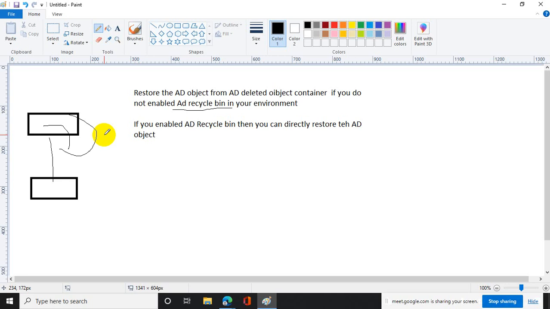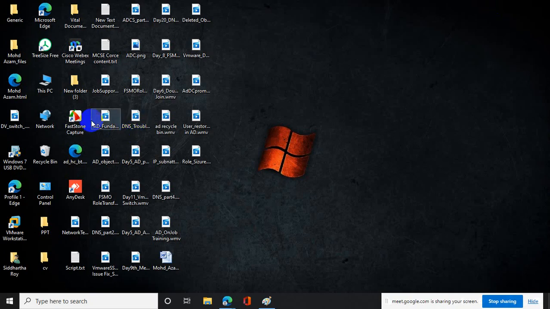So let's do the practical. Last class we did a metadata cleanup through GUI, but metadata cleanup through CLI remains.